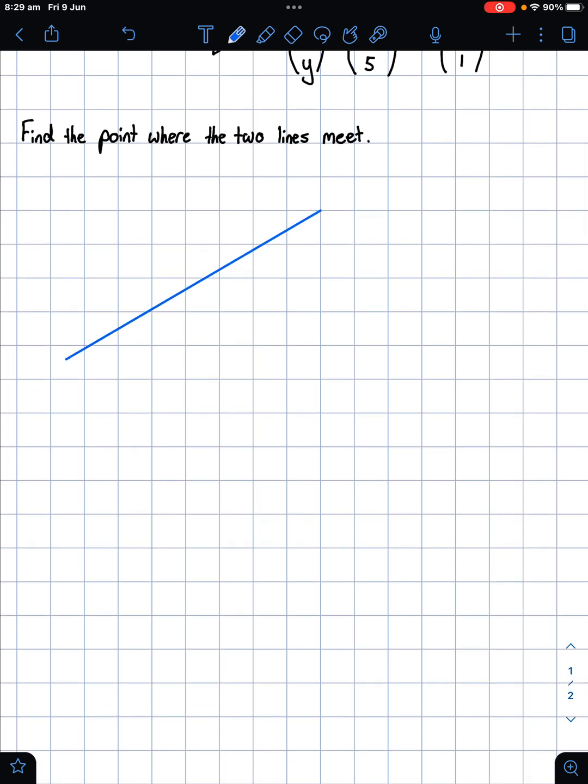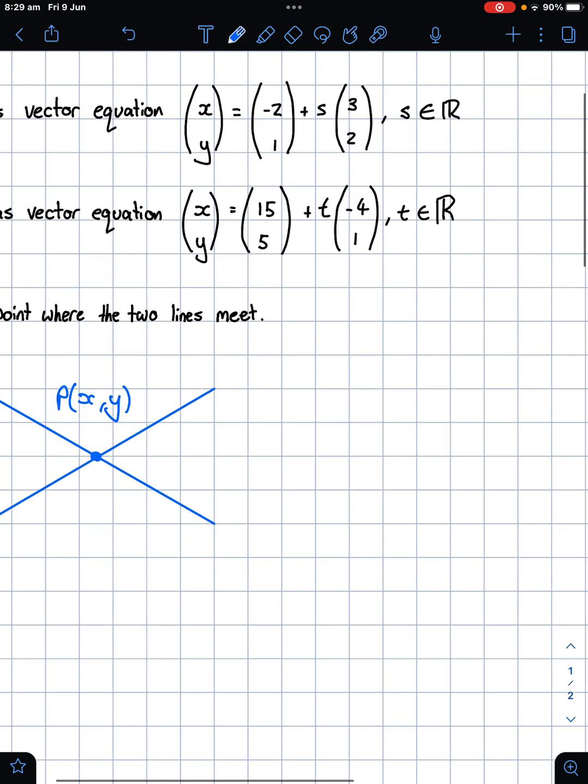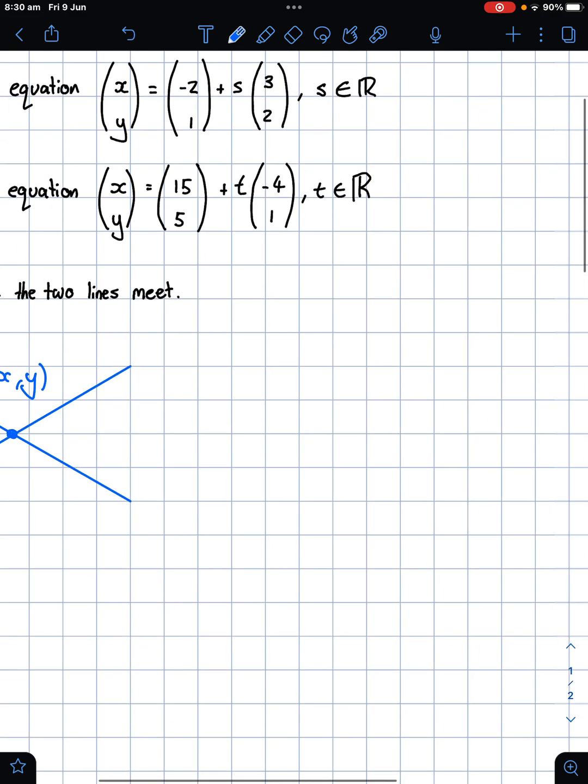So I'm just going to draw these out. Imagine these are the two lines we're looking at with the vector equations above. There's going to be one point here. And when you're looking at this point, you're looking at the x and the y coordinate being the same, which makes sense. So in this space here, if we take the x coordinate of the first line, which is -2,